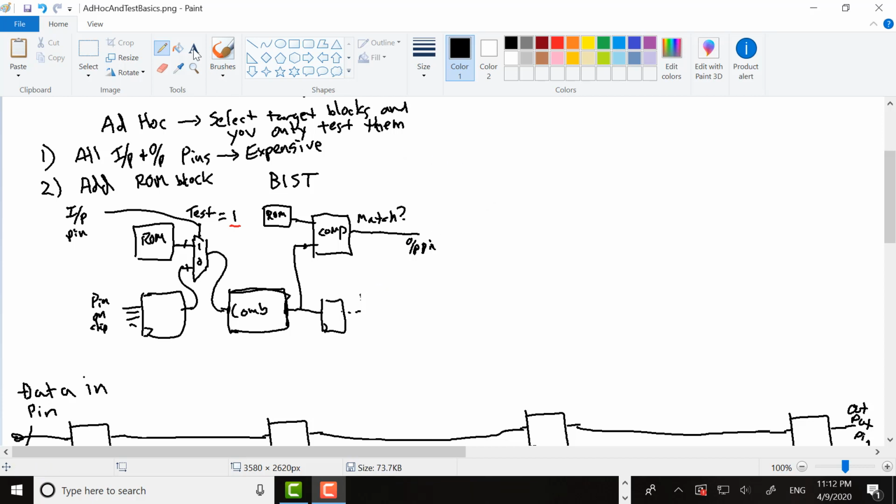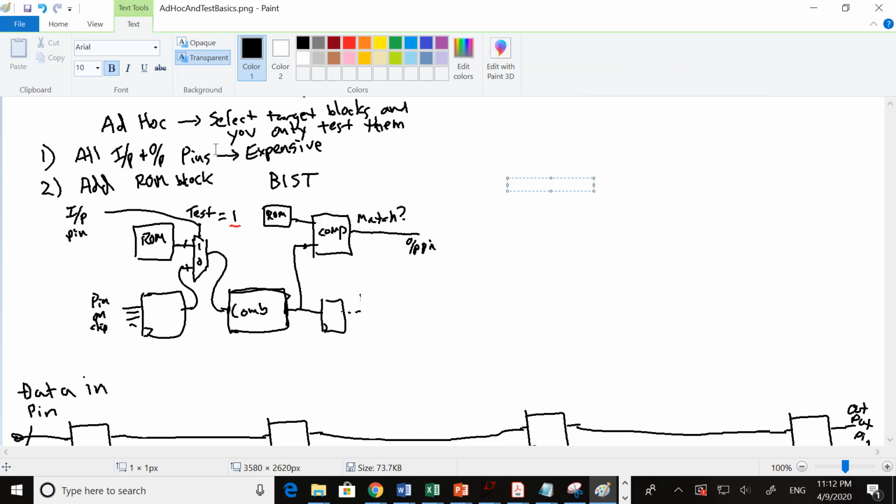This method of making your chip testable means that you're improving its testability, and the field on how to make a chip easily testable is design for